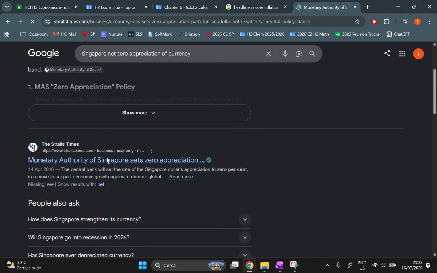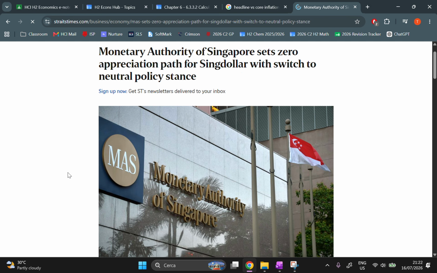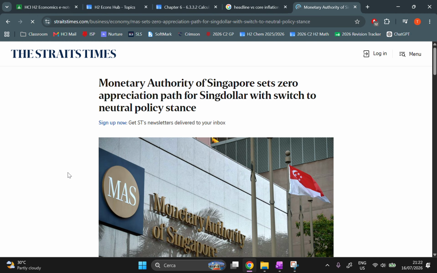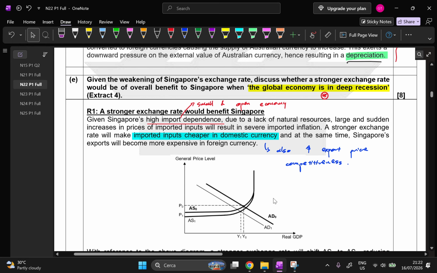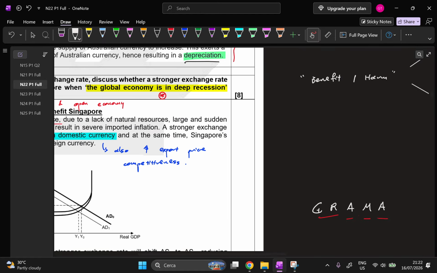You see, the central bank will set the rate of Singapore dollar appreciation to 0%. We try not to do depreciation on purpose, precisely because of how important a strong SGD is to us. But during times like this, where there is a recession, we set zero appreciation. Why? Because a weaker currency will actually improve our balance of trade. By the Marshall-Lerner condition, if I have depreciation, I will improve my balance of trade provided